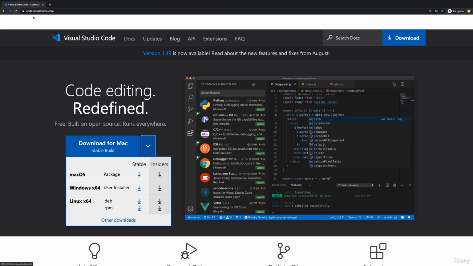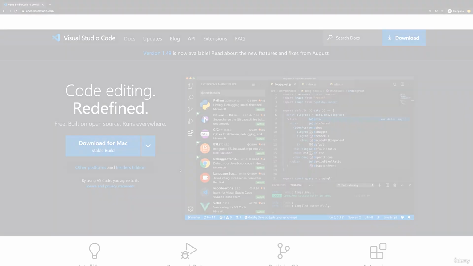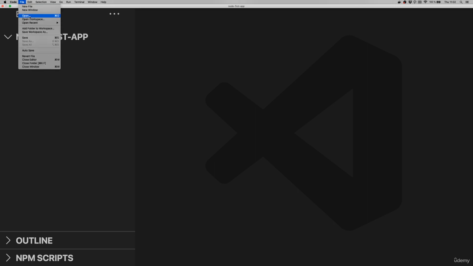Simply download it from code.visualstudio.com and then walk through the installer that gives you to install this editor on your system. As a side note, you can use any IDE and code editor of your choice, of course. Visual Studio Code is just what I will be using throughout this course and what I recommend that you use if you don't have another favorite editor, of course. With it installed, you can also open your project folder, which at the moment should be empty, with this tool simply by going to File and then Open, and then pick the folder in which you want to write your